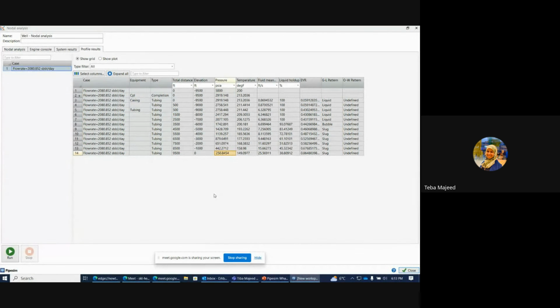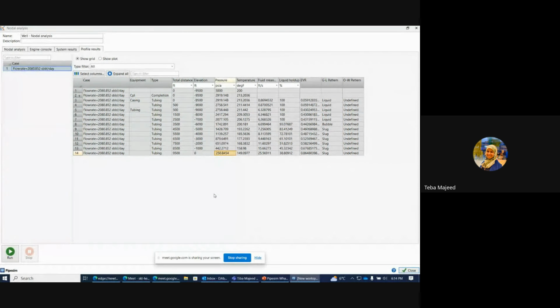In the case of reservoir simulation, do you need to generate so many tables for each well in the model? Otherwise, is it okay to generate one general VLP table to cover so many wells in the model? So, the answer is, one of the applications that we use Pipesim for is to create the VLP